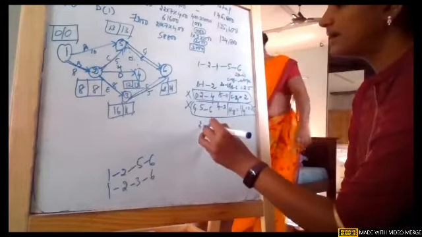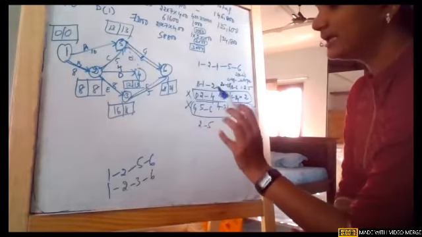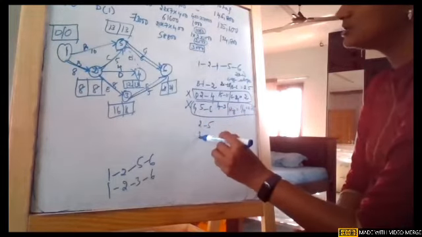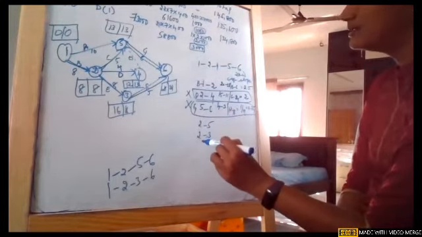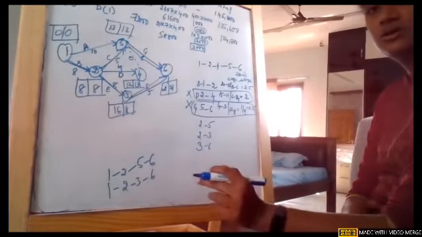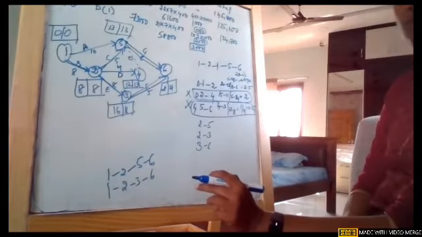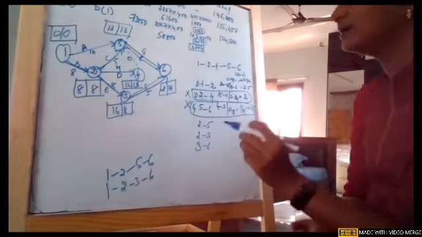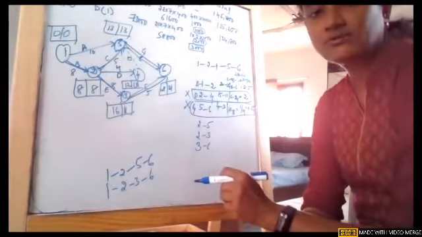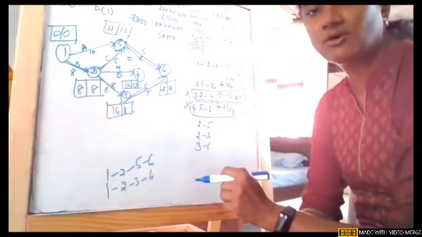We have 2 to 5, we can calculate the cost slope for 2 to 5. We have 5 to 6, which is already crashed, no issues. There is also one new activity, 2 to 3. There is also one more new activity, 3 to 6. So these are the 3 new activities which we are going to get. So from these activities, we will again find out the cost slope and crash it. So for cost slope, I'm just sharing the screen first, the question where we have all the costs.